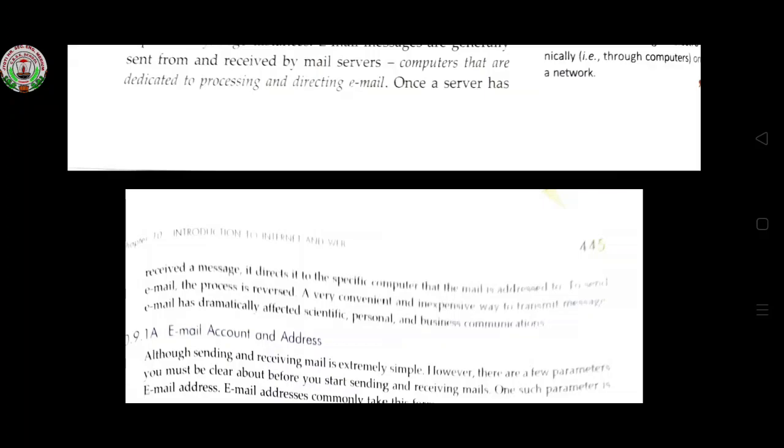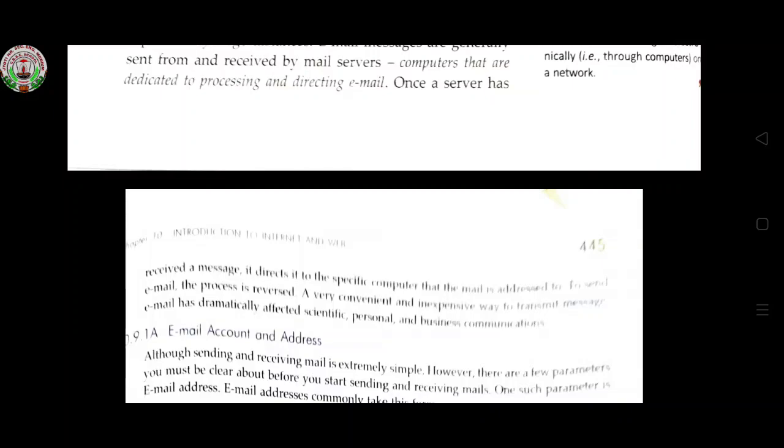Email, we know the email process. How will we send an email? We need an email address. If we want to send mail to another person, what will we do? We will take one email ID and write in the To field the email address of whom we want to send mail, and we will write some subject. Then inside the content we will write a letter or the things we want to send, or we can attach our document also, and we will send the email to that person. So the server, with the help of that address, sends that email to that person's email ID. So that is shown in an inbox.